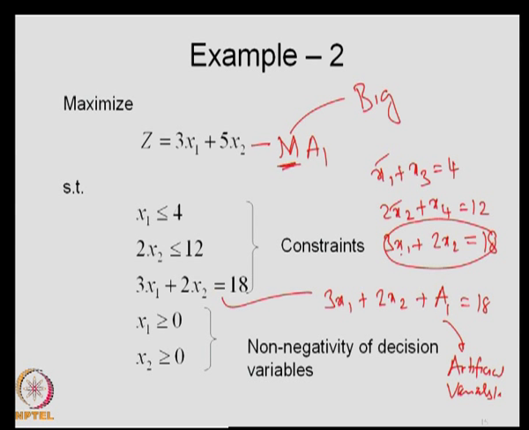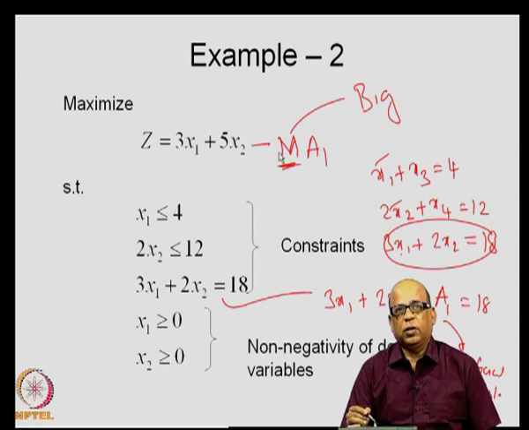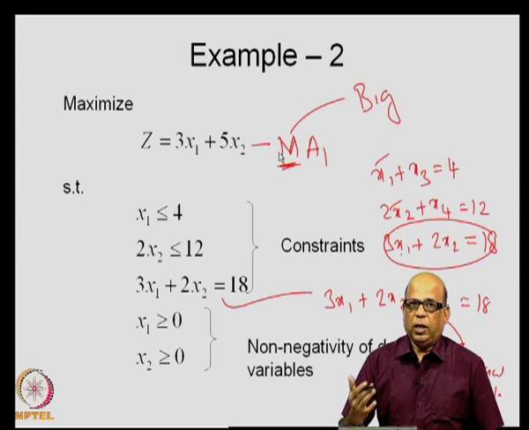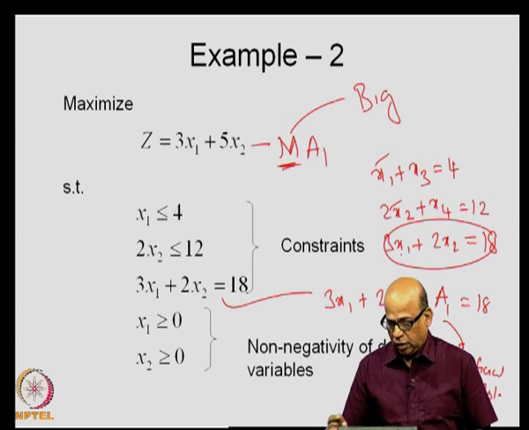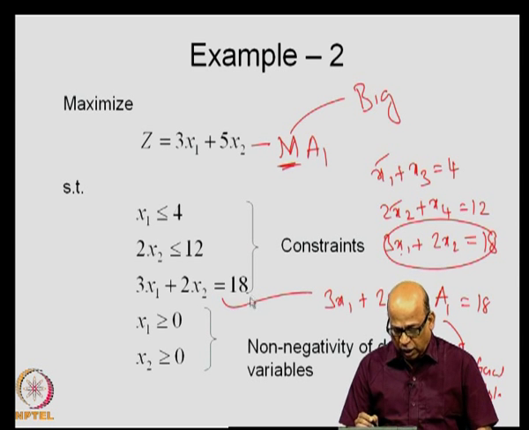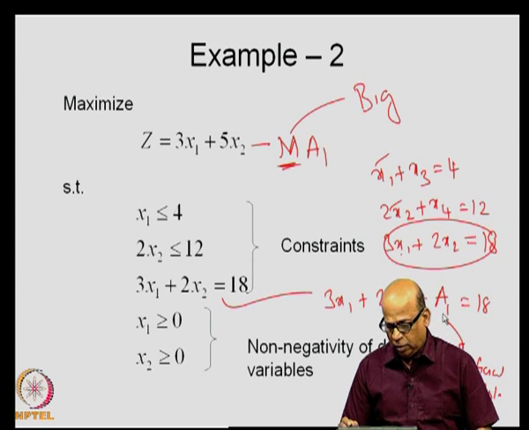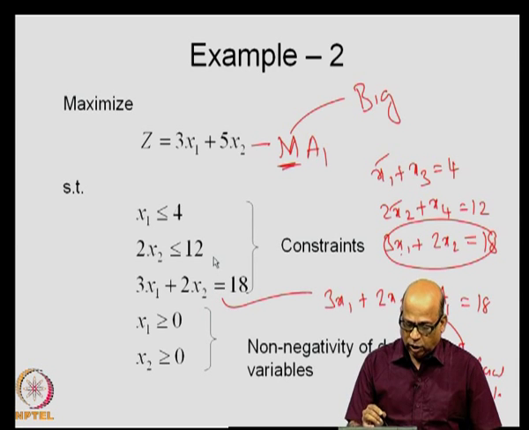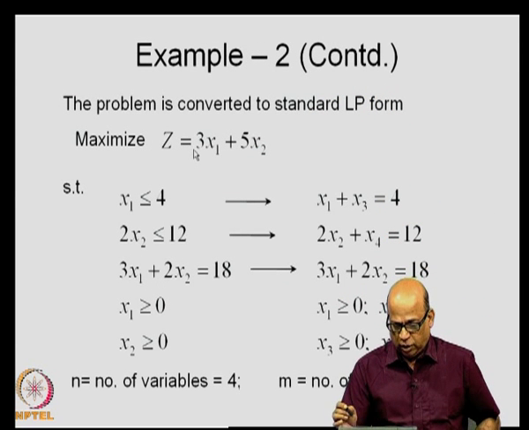Once you introduce the artificial variables, then you will write the z row or the 0th row as z minus 3x1 minus 5x2 plus M into a1. Of course, the other slack variables will have a coefficient of 0. So, that is what you write as the z row, and using that z row and this particular row in which you have introduced the artificial variables, you transform the z row. I will explain what we do.